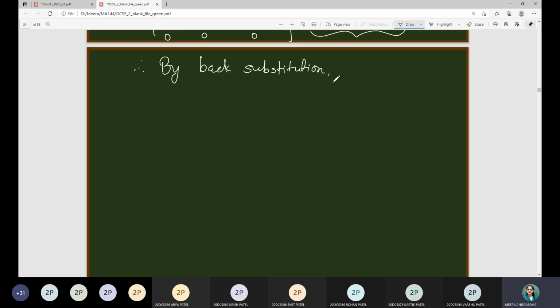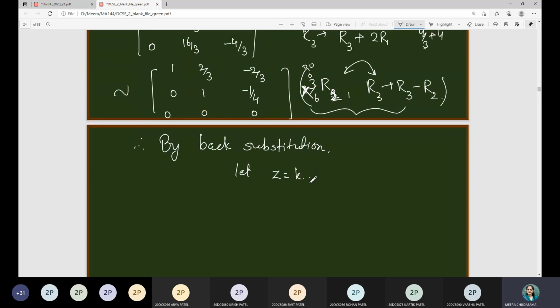what will we get? First of all, we have to assume our third variable z as k, where k is any real number. So from that expression, y is equal to 1/4z. To avoid the fraction, I will multiply this k with 4, because now the scalar quantity is there. Multiplying two scalar quantities will again give you a scalar quantity only. So just to avoid the fractions in the eigenvectors, I will consider z as 4k, so that this 4 gets eliminated and directly I have just k.